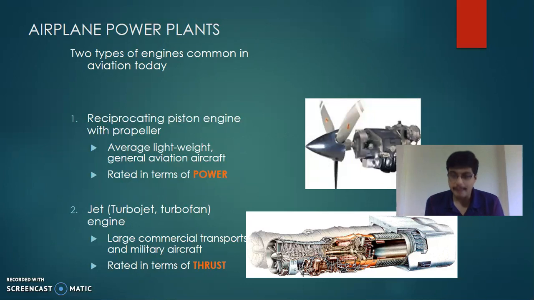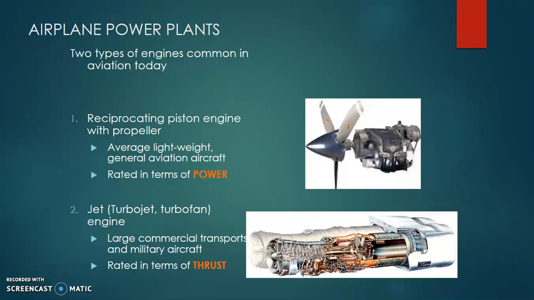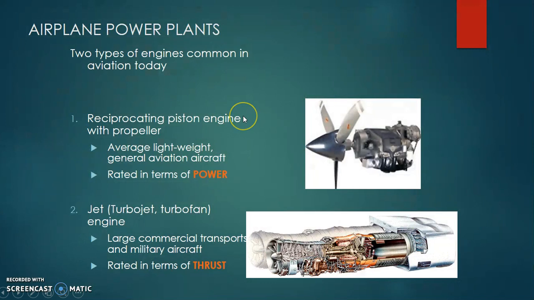Now look at the power plants, at how these drag induced and lift induced thrusts are delivered. You have mainly two types of engine common in aviation. One is the reciprocating piston with propeller, which means it works on the principle that the reciprocating piston drives the propeller. So in a simplistic way, what happens is you have this propeller here which rotates, and the rotation is governed from here using the reciprocating piston arrangement. This engine is majority of the times used primarily to ensure that power is delivered and not the thrust. Whereas the jet engine, which has either a turbofan or a turbojet, takes in a large portion of air